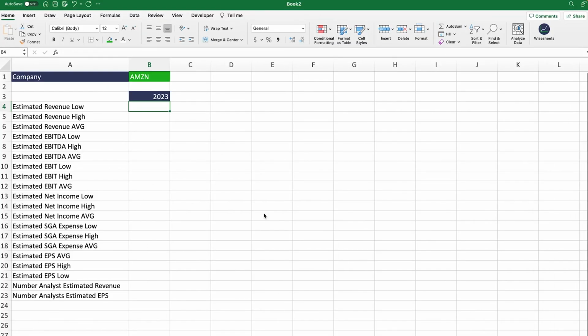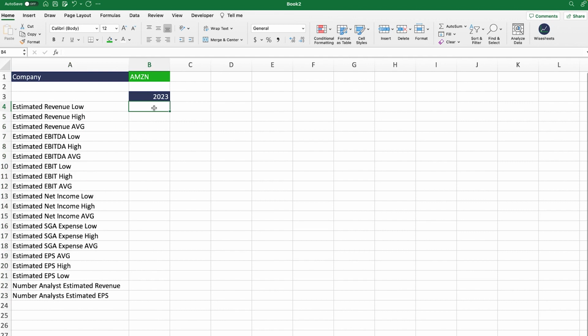Okay, so now what I want to share with you is how you can get analyst estimates for stocks right on your Excel and Google Sheet spreadsheet. The process works exactly the same. If you analyze many different companies in order to find good investment opportunities, as you can imagine, going back to the websites that I just shared with you and copy pasting the numbers onto your spreadsheet so that you can compare with your valuations and whatnot, it's a very time consuming process.